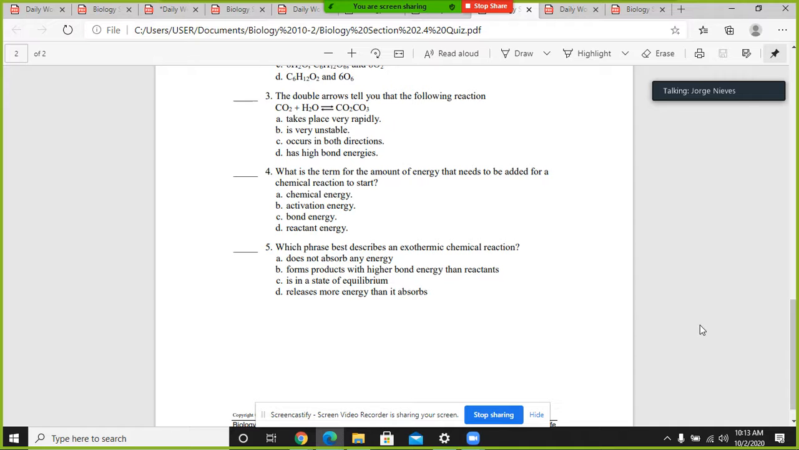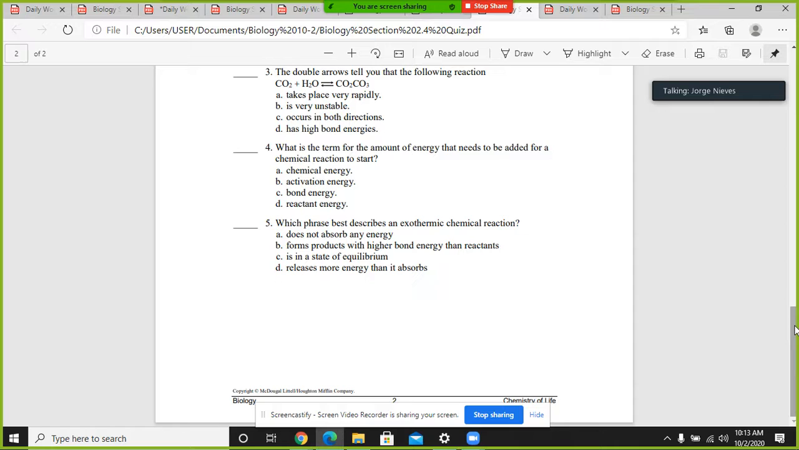¿Okay? Bond energy es la energía que se necesita o que se, ¿verdad? That is released when a bond is formed, ¿ok? But activation energy, estudiante, es la energía necesaria para comenzar una reacción química, ¿ok? No es lo mismo, ¿ok? Activation energy and bond energy no es lo mismo, son parecidas, ¿ok? Preguntas de eso,